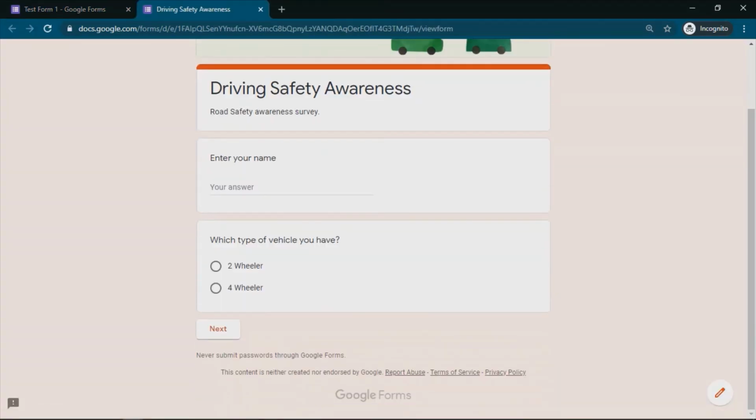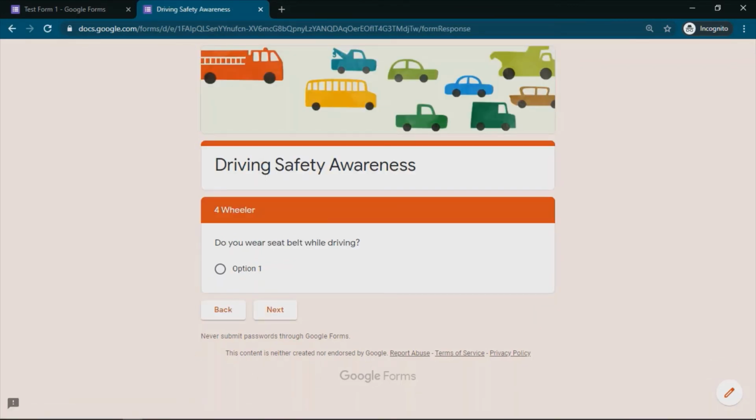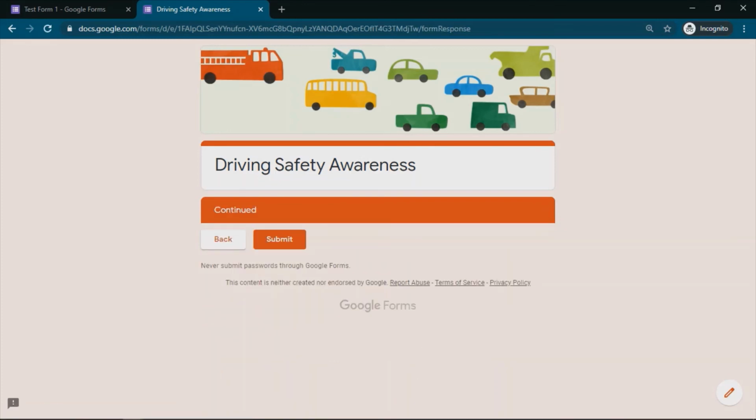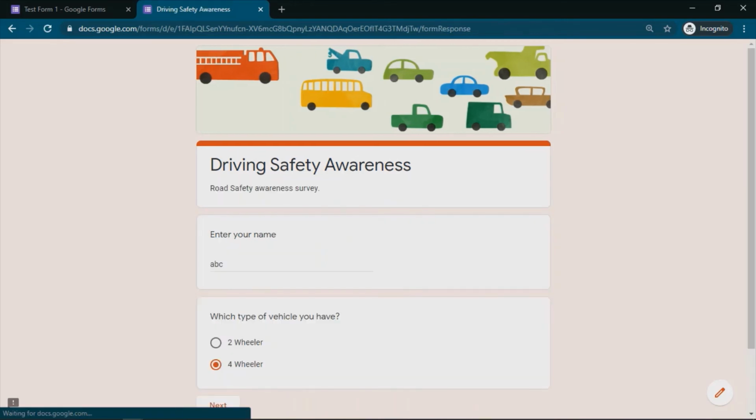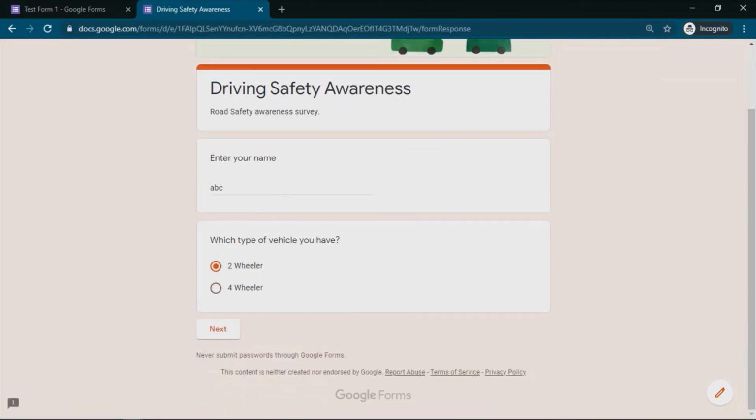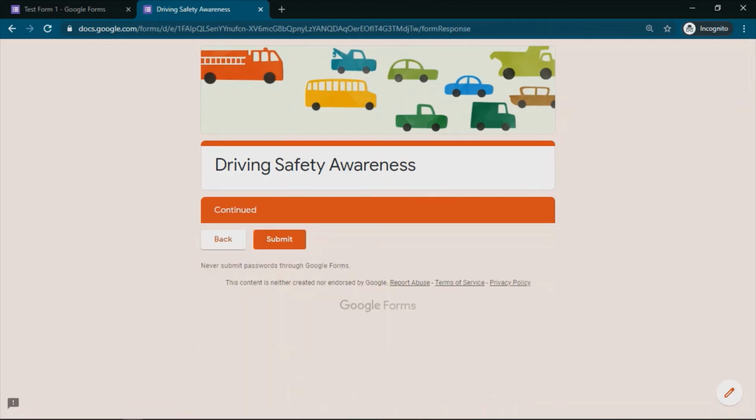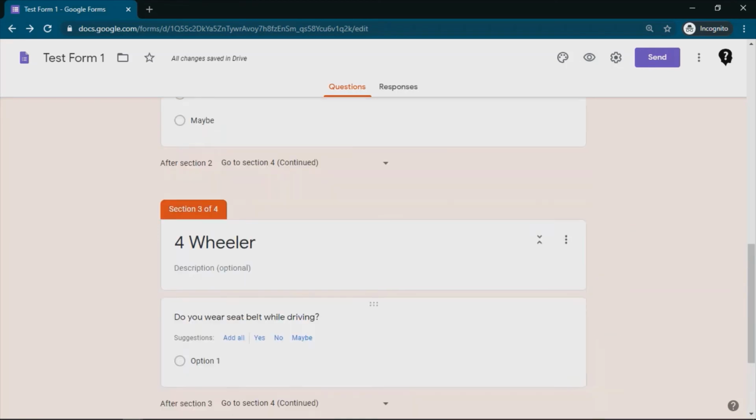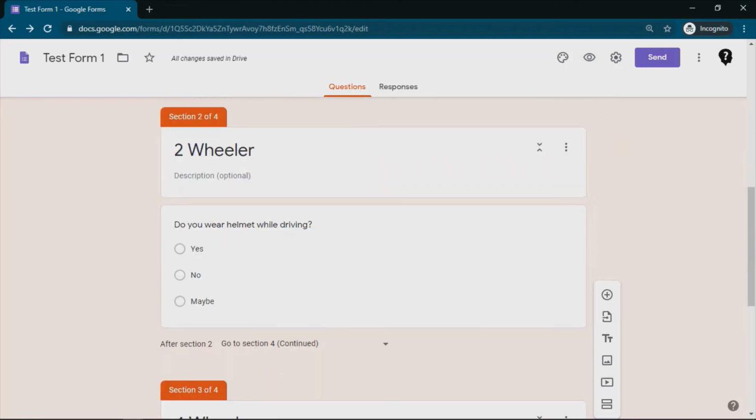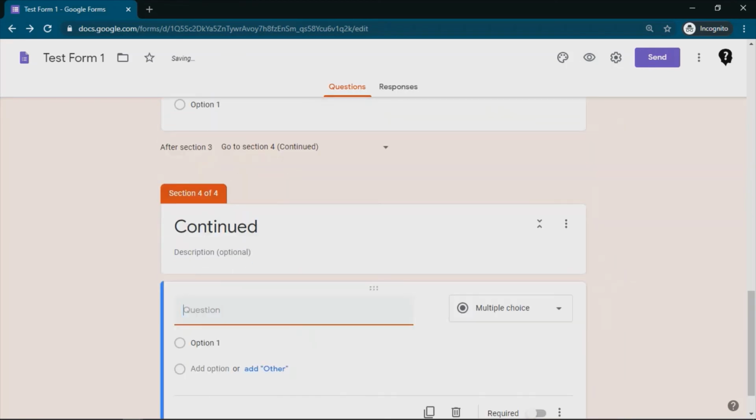Okay, now if I preview this questionnaire ABC, if I select four wheeler and next, it will jump onto the four wheeler section, which is our section 3. If I click on next, it will jump onto the continued section and submit. Okay, if I click on two wheeler, it will ask me two wheeler question. I say yes, and then it will jump onto the continued section. Okay, so this is how your